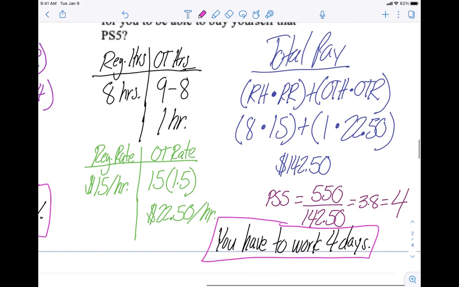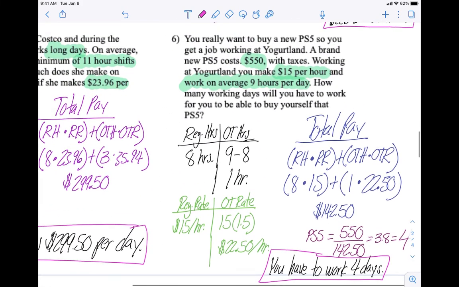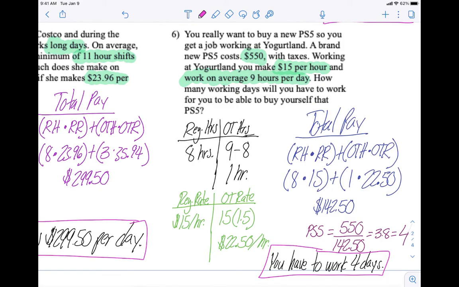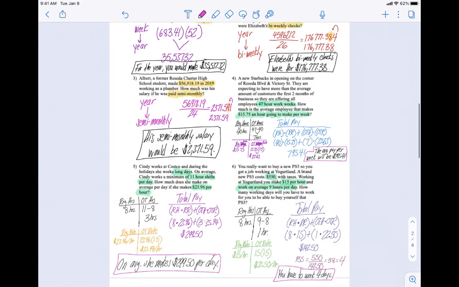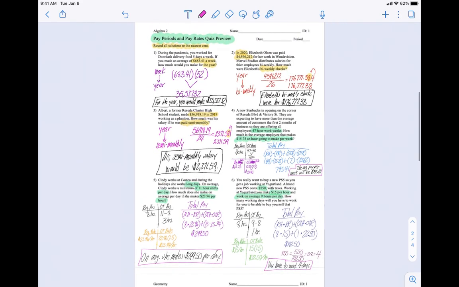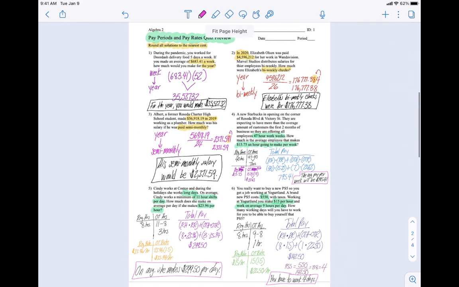Look at that. That's number 6. Added a little wrinkle, right? And that right here, kiddos, is our full quiz preview. So the quiz is going to look very much like this, right? Going to have questions just like this. So make sure that you rewind to copy everything down that you